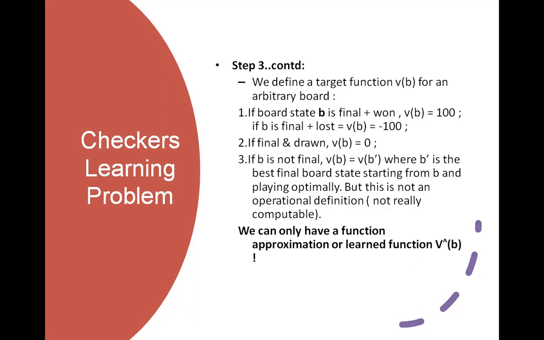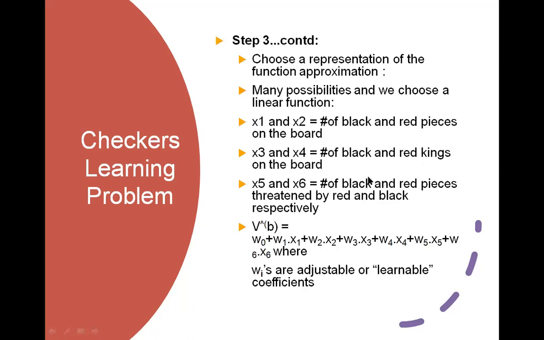Once you assign it, you can do the approximation of that function, V dash of B. Okay, if B is not final, V of B is equal to V of B dash. Next, now we have to represent the board state in some form. We need some value for that intermediate state, right? So we will represent it